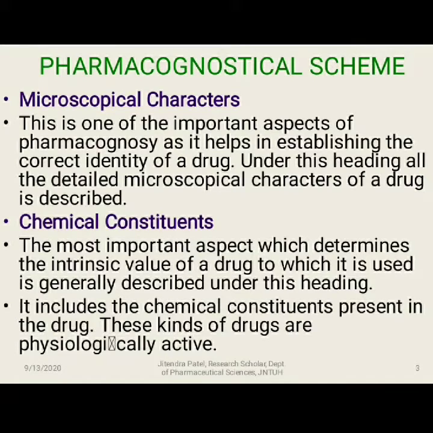Microscopic means we are going to cut the TS, the transverse section of the crude drug, and observe it under the microscope. When we are observing under the microscope, the drug is supposed to show the histological characters it has. Suppose it is a root, so what is the cork, cambium, right? What is the type of medullary rays, what is the kind of stone cells, starch grains, phloem fibers, xylem, right?